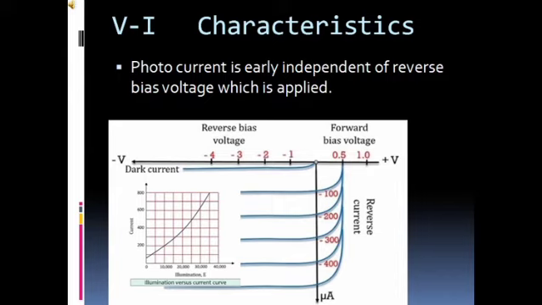So if I draw a curve for current versus illumination, what will I observe? That the reverse current does not show a significant increase with the increase in the reverse potential.